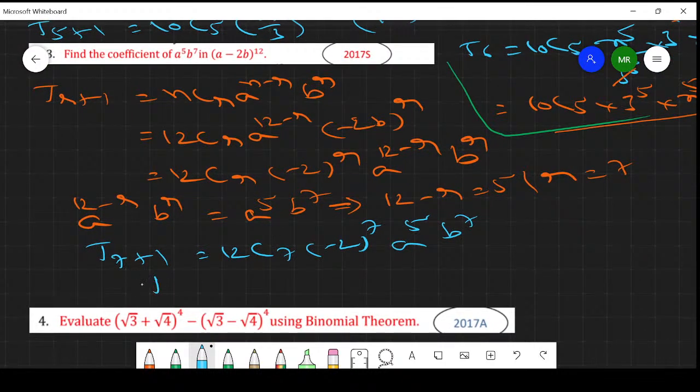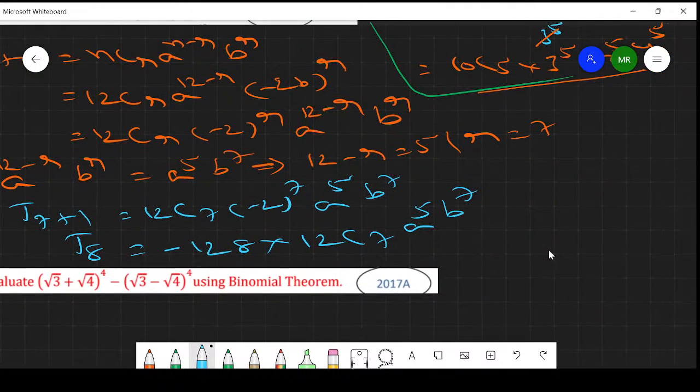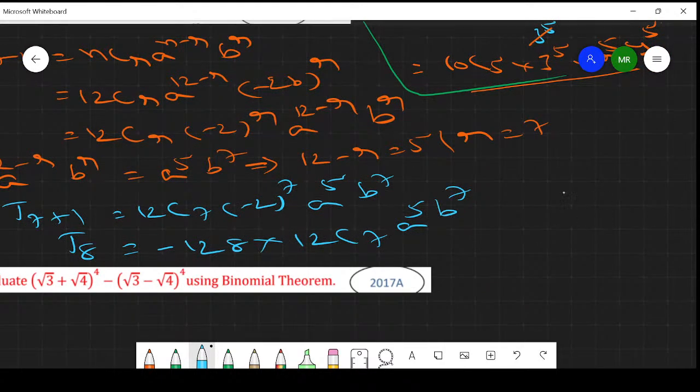T8 equals 12C7 times (-2)^7. Since the power is an odd number, you will get minus 128. Again write minus 128 into 12C7 a^5 b^7. Therefore, I can conclude that the coefficient of a^5 b^7 is